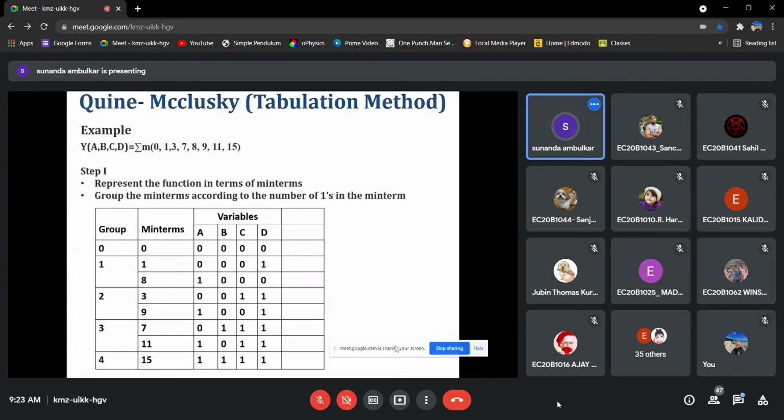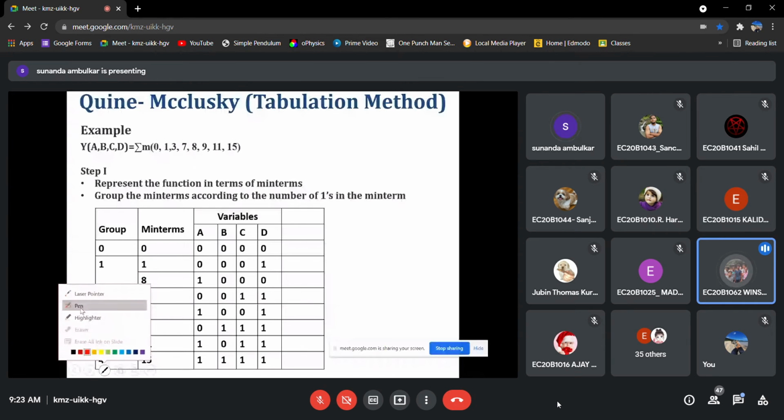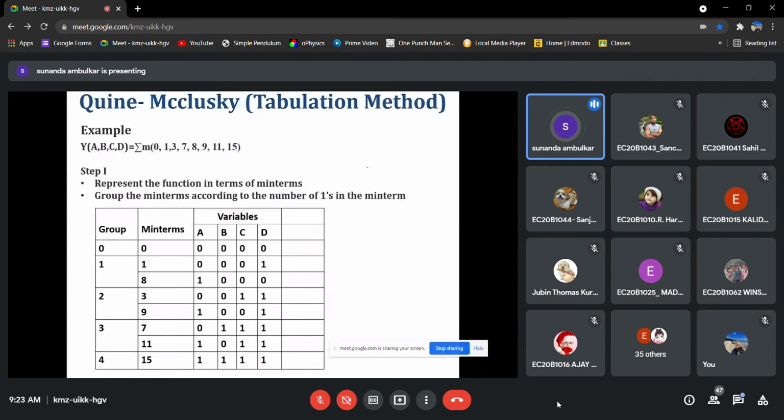Clear? Ma'am, in group 1, can we put 0, 0, 1, 0?